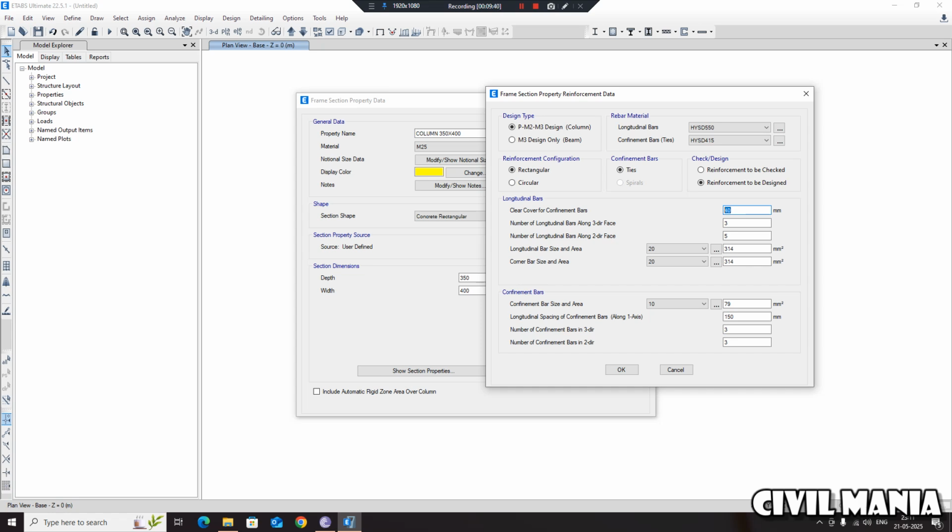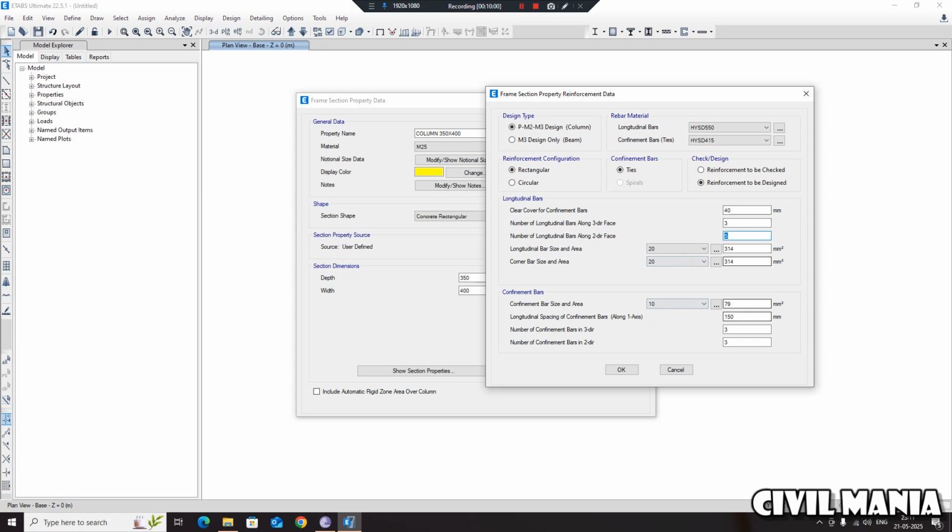Simply remember that for the columns the spacing is 40, number of longitudinal bars along the 3-face direction, that is 3, and 2-face bars it is 5, and longitudinal bars are kept as 20, because the rest you keep everything as okay, because